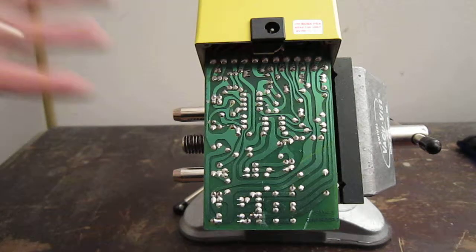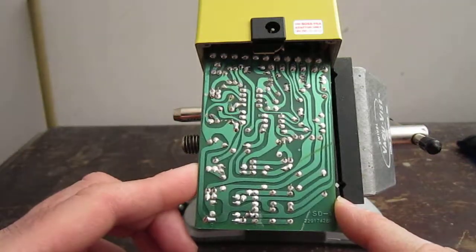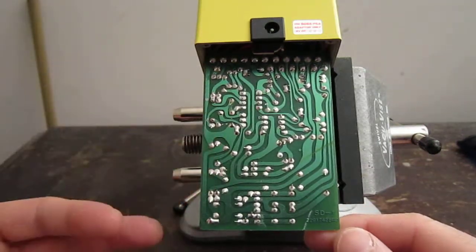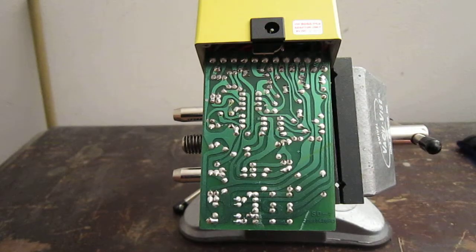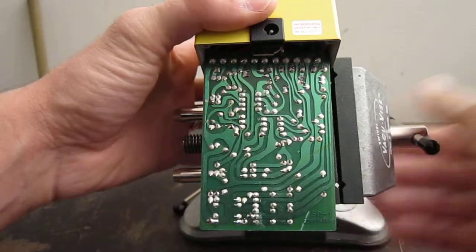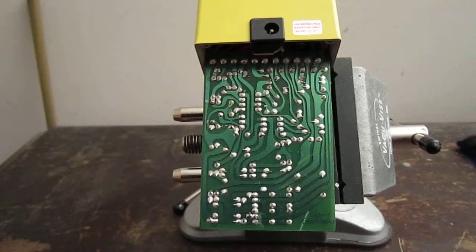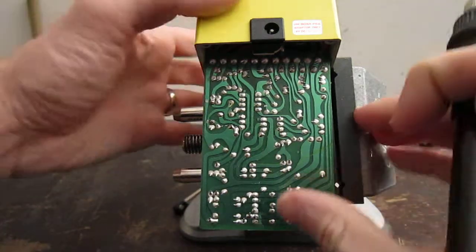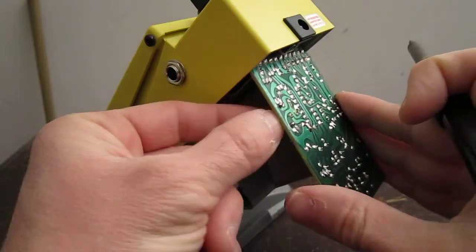Okay, so I have a pedal here that I want to mod, and I just wanted to show you a few different ways on how to remove parts from the circuit board itself, starting with the least expensive but most time consuming, and then going to the more expensive, easier methods. Now, I have a resistor here that I want to remove, so you're going to need a soldering iron and a toothpick. And what you want to do is you want to get to the other side of the part,